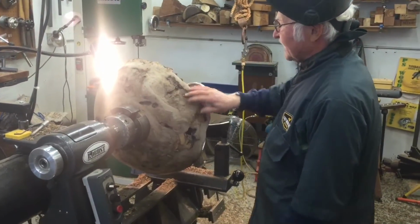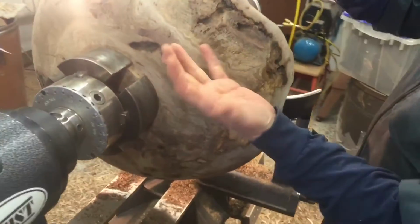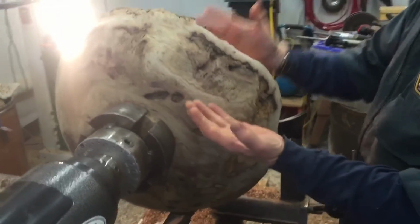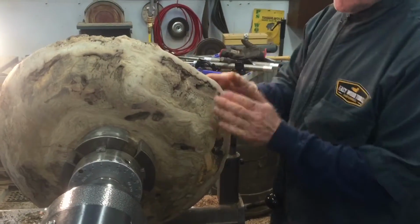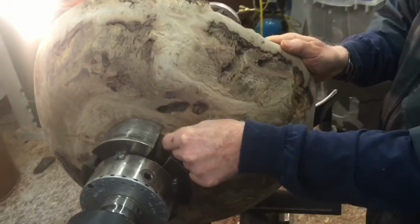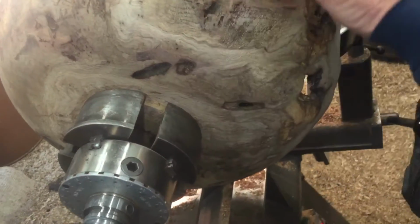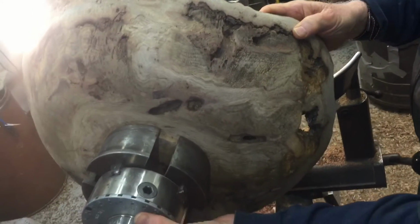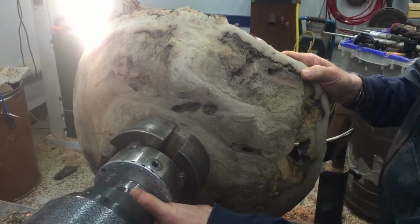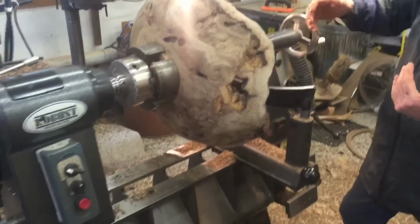Okay, so what we did here is that when the bowl was the other way a little bit ago, when this was here and this was here, we shaped the outside and we put a tenon on it. And that tenon, you make the tenon so you can put the chuck on the tenon. So we were able to turn it around and put this bowl back on the lathe, and then I move the lathe to the end,